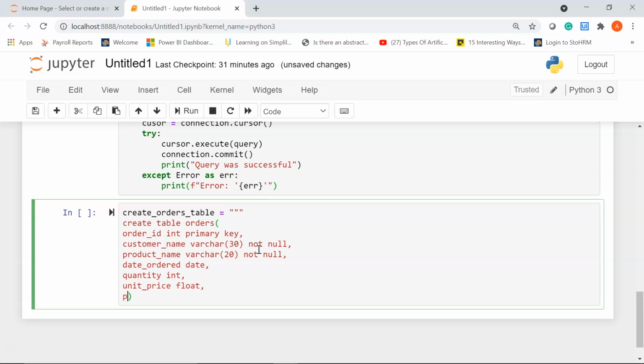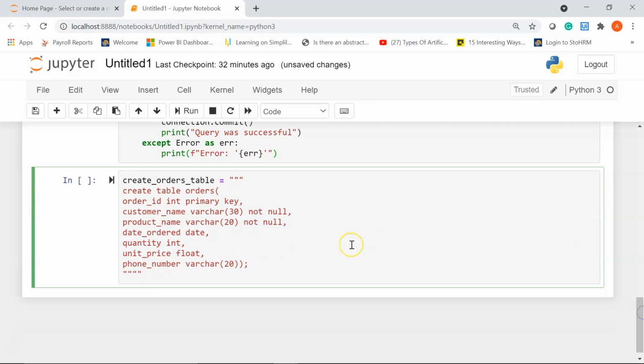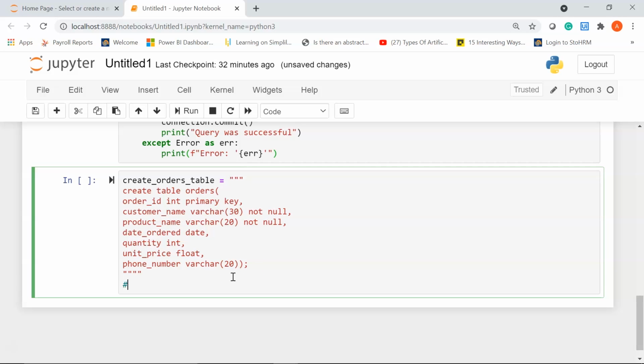And finally, I'll have the phone number of the customer. I'll write phone number. Phone number can be kept as of type varchar. I've assigned a size of 20. Now let's give a semicolon and we'll close the triple quotes. Alright, so this is how the syntax would look like. Next, to run this, we are first going to call our createDB function.